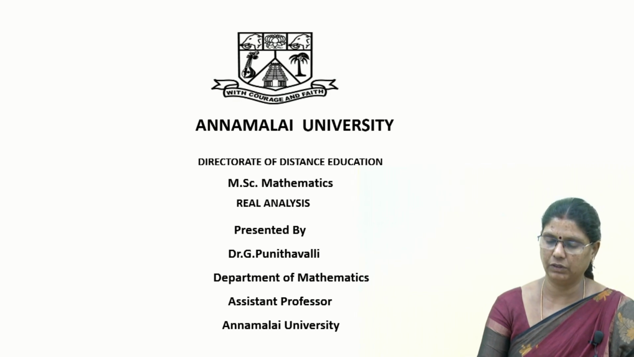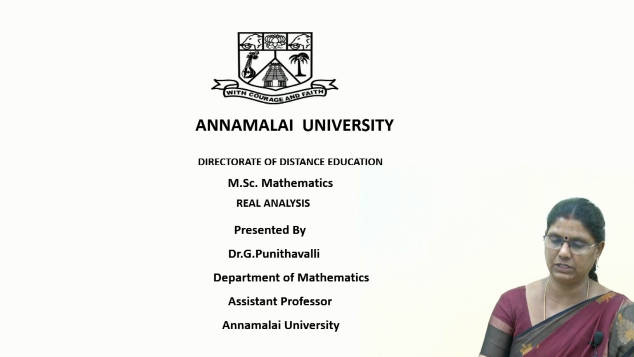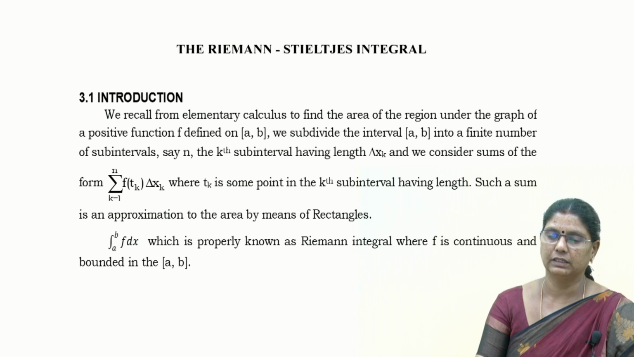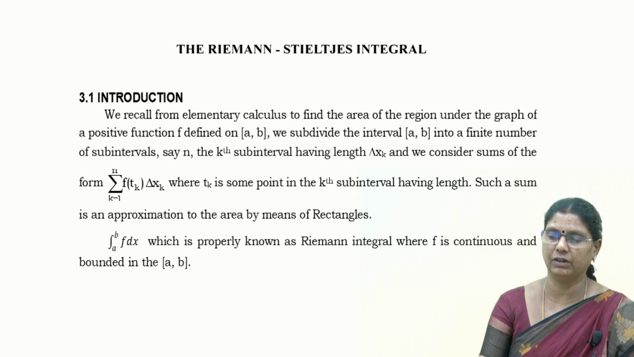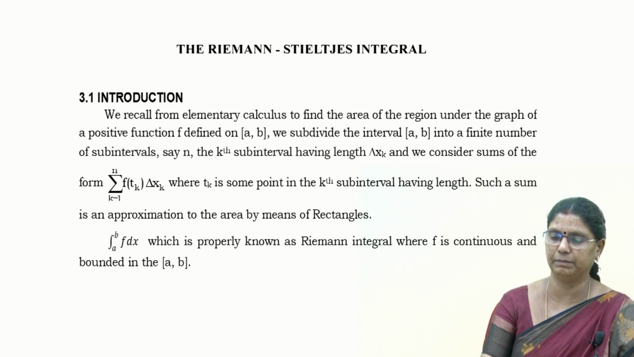Good afternoon. Now we are going to see the next section of the real analysis, the Riemann-Stieltjes integral. Here we recall from elementary calculus how to find the area of the region under the graph of a positive function f defined on the closed interval [a, b]. We subdivide the interval [a, b] into a finite number of subintervals, say n,